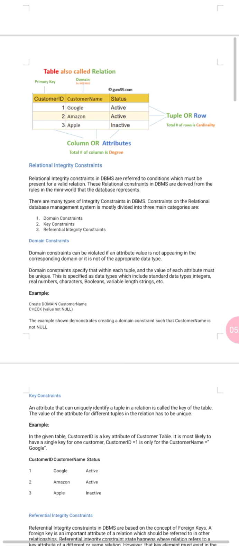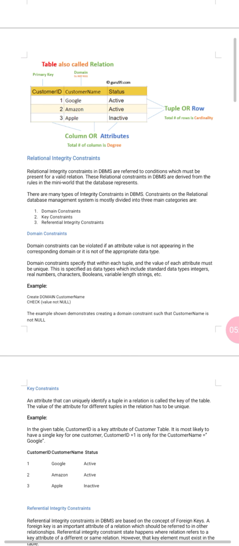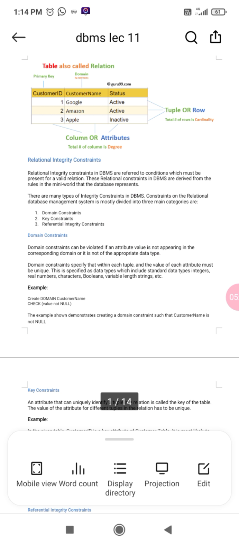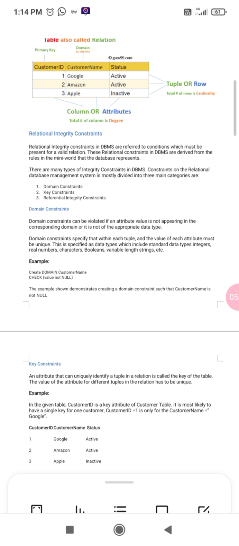Table is also called relation. Here is the primary key. Second is domain. Customer ID and status are also called the columns or attributes. The total number of columns is the degree.